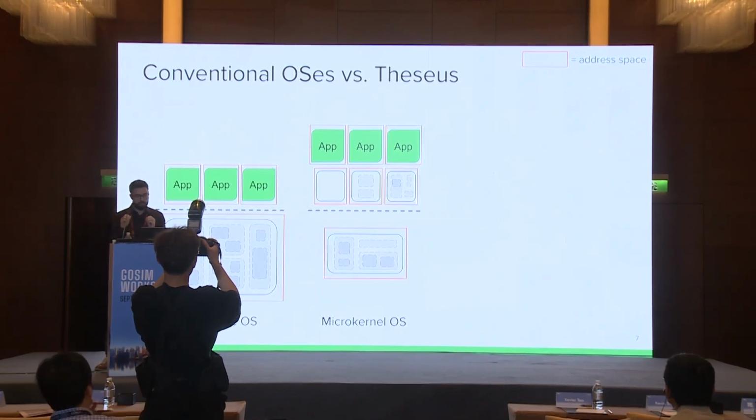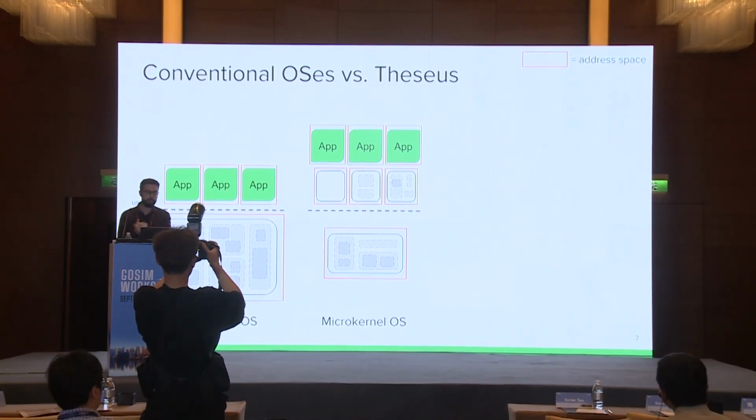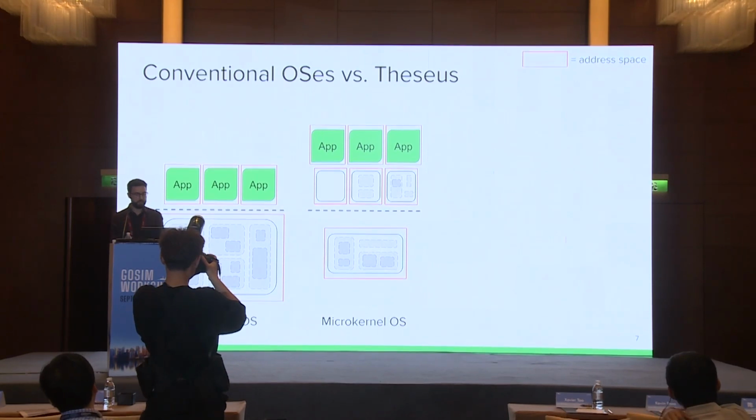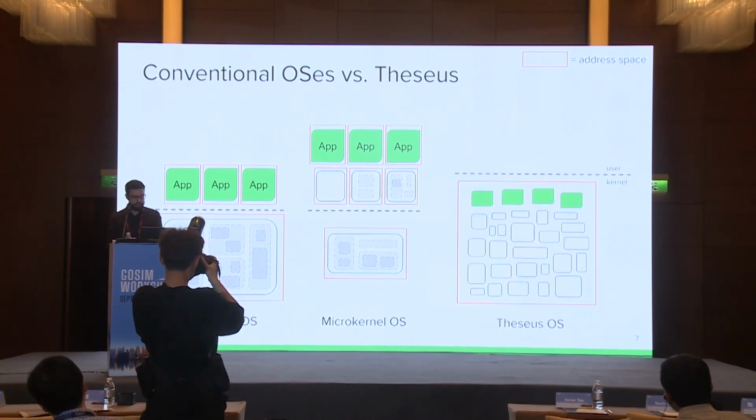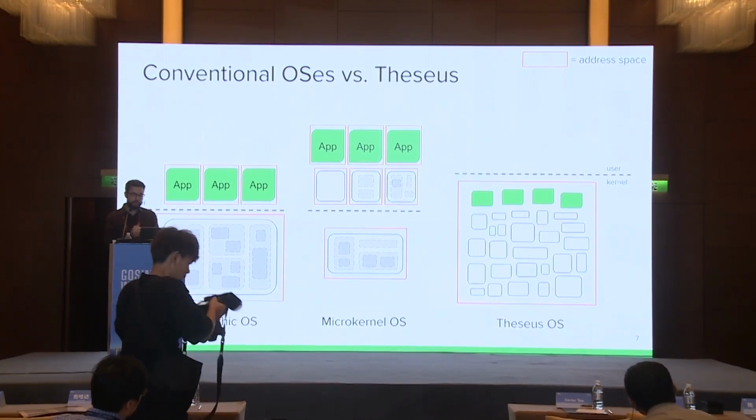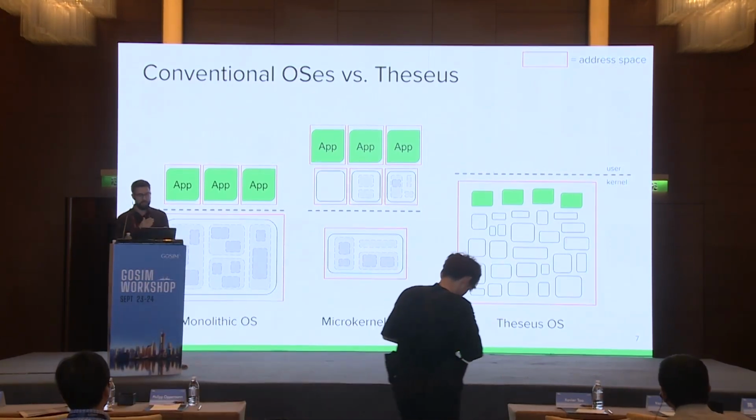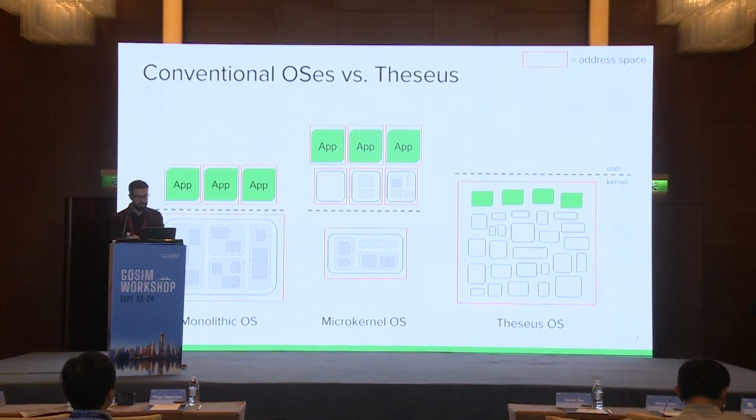Microkernel takes this and moves some of that functionality, usually a lot of that functionality, into the user space as separate processes. And then those run in their own separate server processes or driver processes. And they have their own address space as well, and then applications run on top of that. A safe language OS like Theseus runs everything inside one single address space. So we have to make sure that we're doing everything right at the language level to protect these individual entities